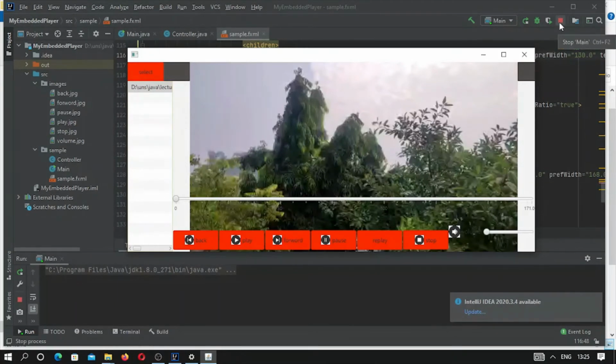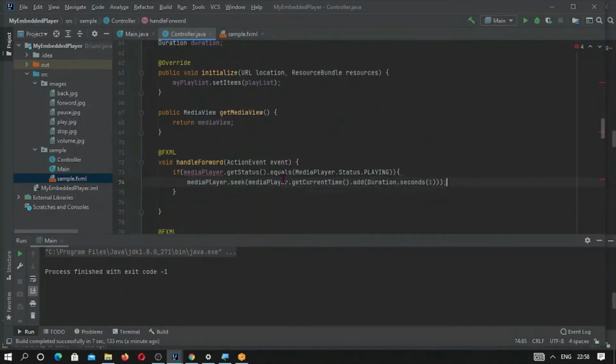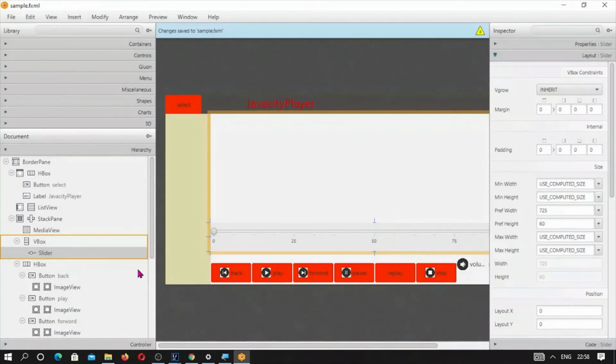Let's make some more coding for the rest of the buttons. Back button. Why is it showing this? It is already a boolean. There is no problem. Now what is our play button method, why is it not appearing?